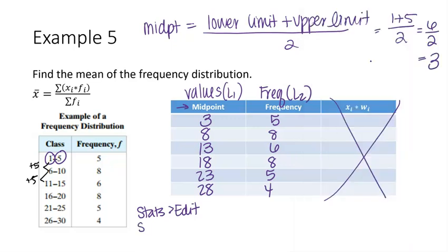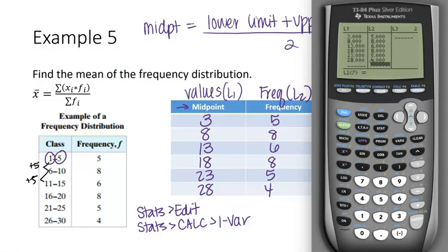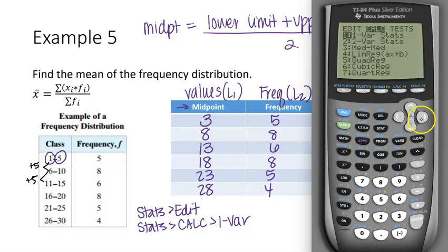I can now go to Stats, Calc, and I'm going to select 1-Var Stats. Stats, Calc, 1-Var Stats. Now my calculator is remembering our previous example. So I have L1, my values, L2, my frequencies, and I can calculate. The average, the mean, remember we use x-bar to show it. The average for this frequency distribution is